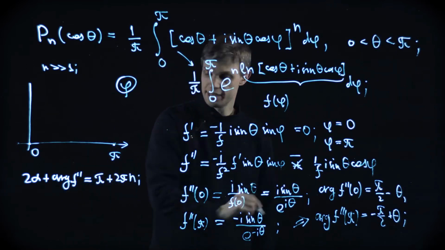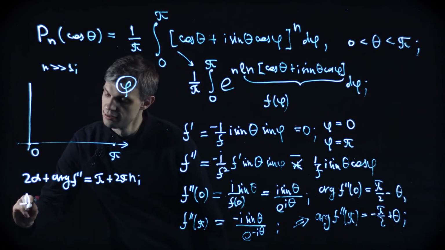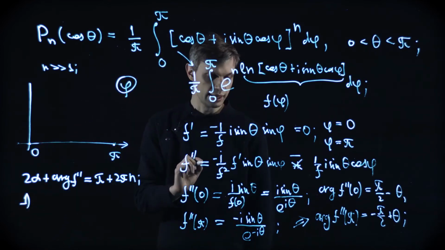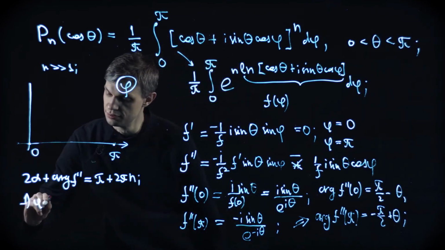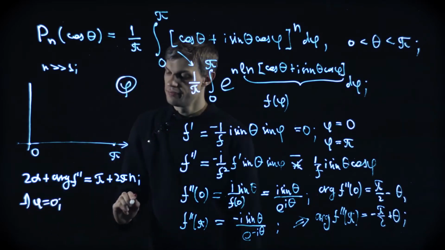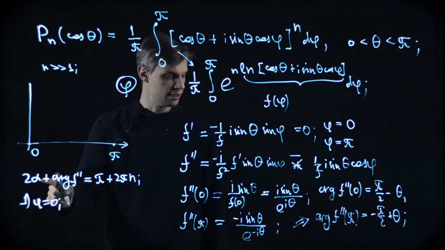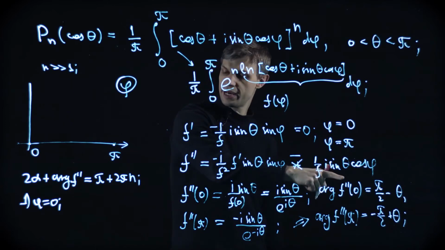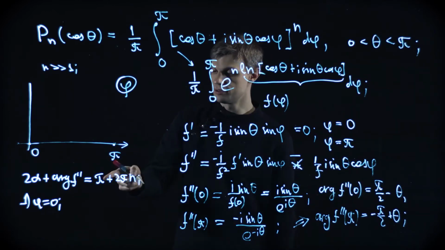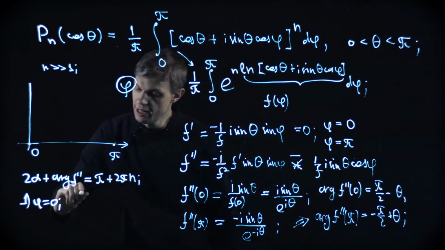And here we go. For the first point, phi is equal to 0, we have the following condition: 2 alpha plus pi by 2 minus theta is equal to pi plus 2 pi n. So alpha